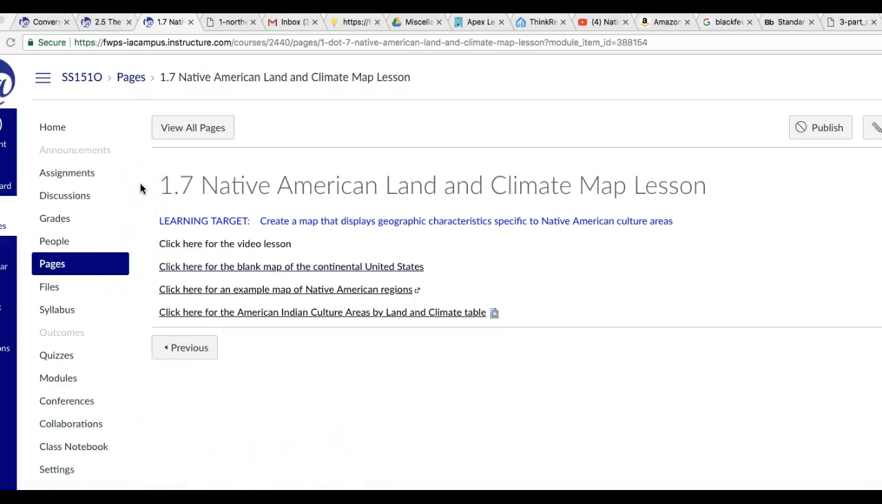Today's lesson is titled Native American Land and Climate Map. So your learning target is you will be able to create a map that displays geographic characteristics specific to Native American culture areas. So let's break down the learning target. At the end of the lesson, your assignment will be to create a map, and what you are going to be putting on your map are specific details that are relevant to different culture areas, different Native